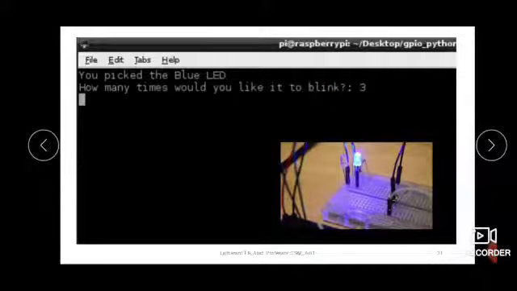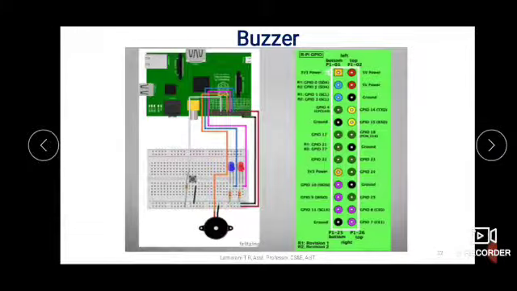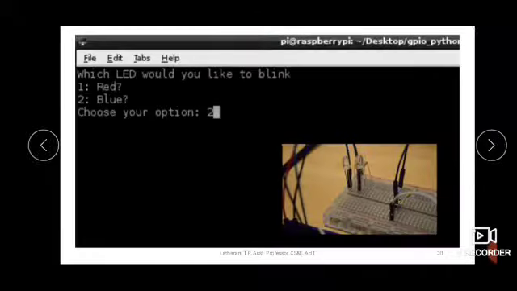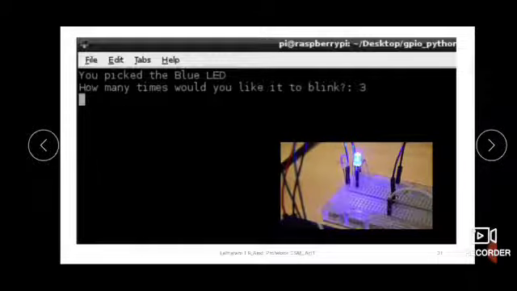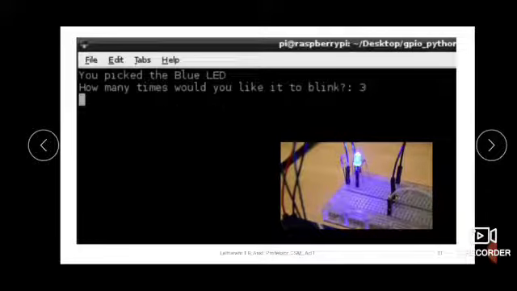So the blue LED will blink 3 times with a 1 second delay, like this. Okay, like this it will blink 3 times.